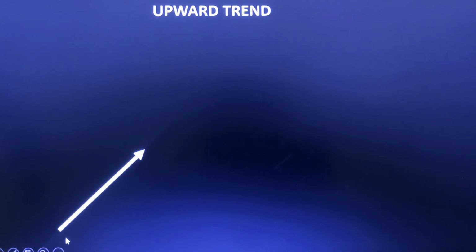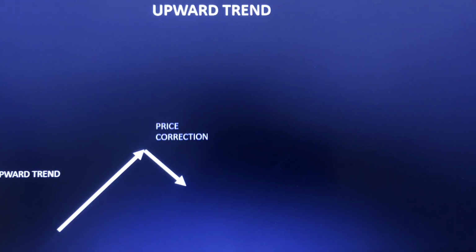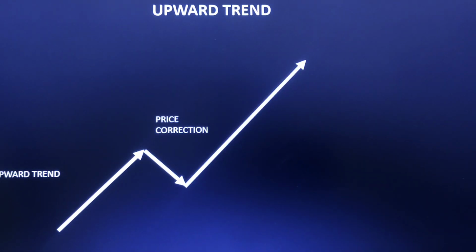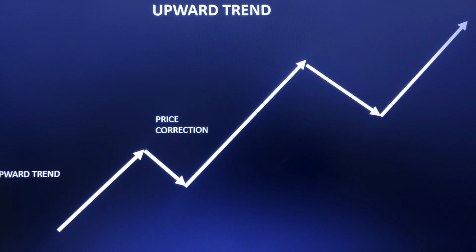Now we can analyze how the trend is happening in an upward trend. The price is moving up from a lower level to the upside. This is an uptrend. Again, a small correction is happening, that is price reversal or profit booking. From there the uptrend continues again, and again some small profit booking happens. From that level again the price action continues.